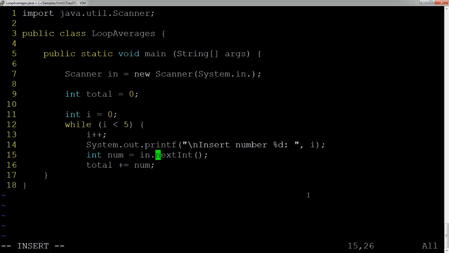Okay? And so from here, we've got our total, which we'll set to 0. We've got our number i, which is also set to 0. This will be a counter. We'll count up to 5. We'll increase it. We'll do some printing. We'll collect our next integer with the in.nextInt, and we'll just add that integer to our running total. And at the end,